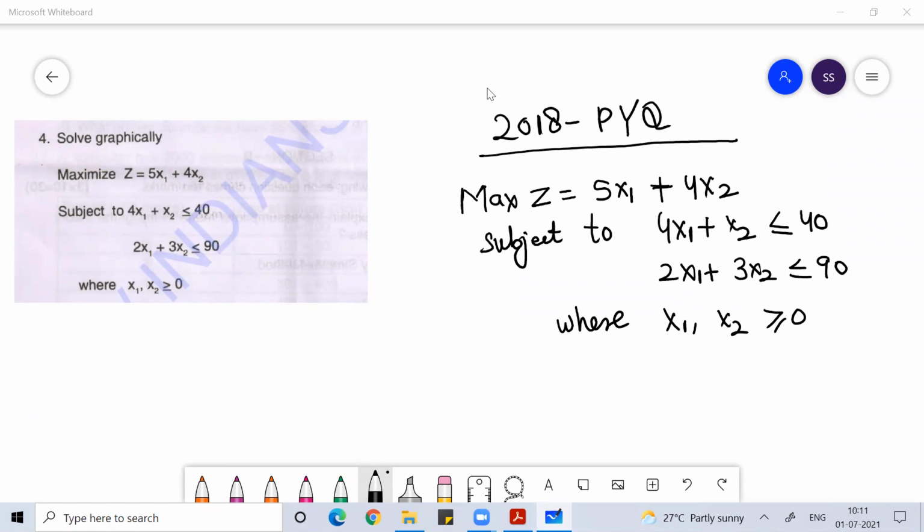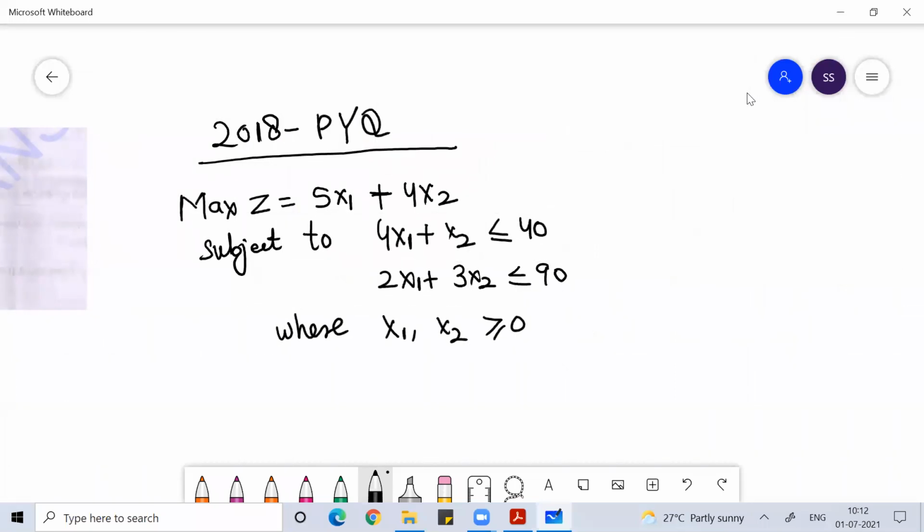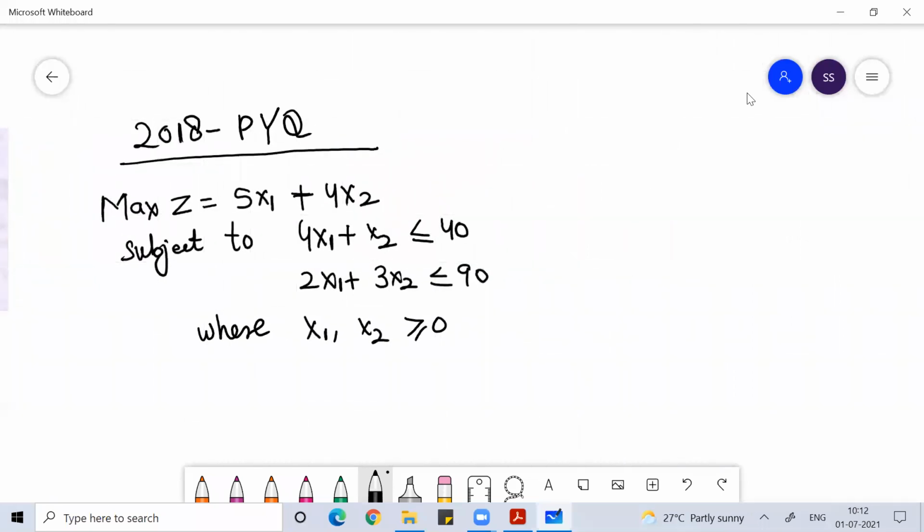Whenever we work on the graphical method, we need to work on the constraints. The first thing we try to do is assume the constraint has an equal sign, instead of an inequality. So to solve the problem, I look into the constraints. I'll forget the objective and all. I look into the constraints of the equation.